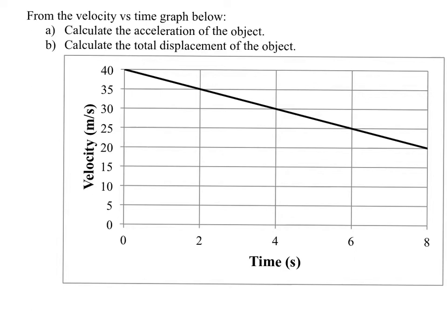All right, here we have a velocity versus time graph, and we want to find two values from it. The first is the acceleration. Now you may remember from position graphs, the slope of a line usually tells us something about it. So if we look at the slope of this, we can say, all right, slope is rise